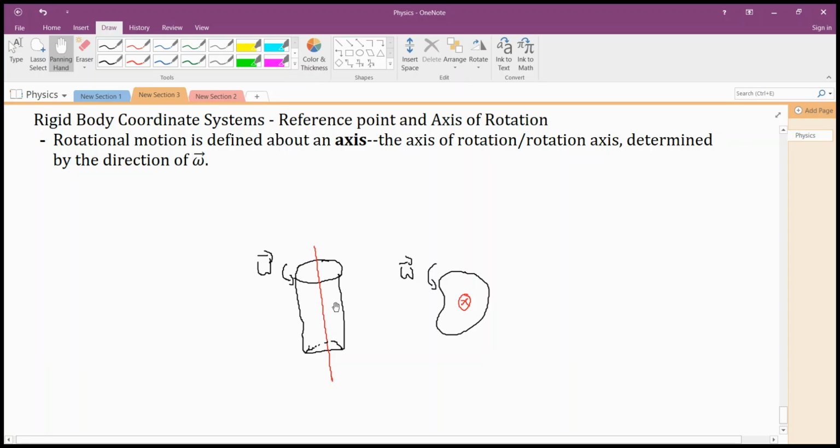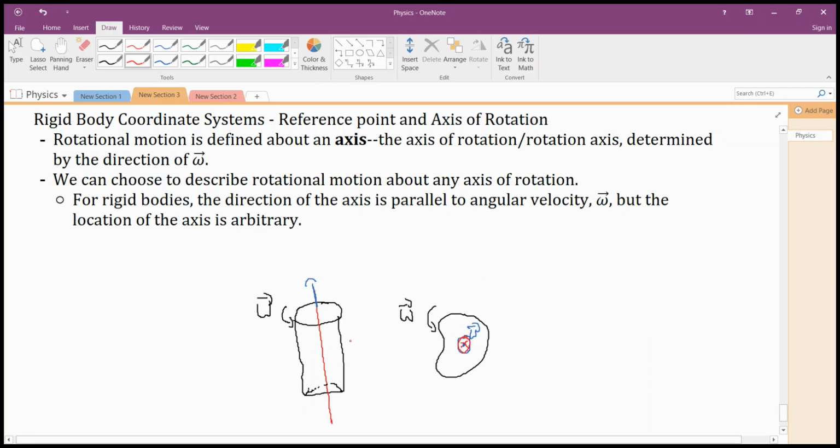So we have, for an example, a cylinder rotating about an axis of rotation, this red line here, or a general rigid body rotating about an axis of rotation that is coming out of the page and going into it. The angular velocity is pointing in these directions. Since counterclockwise rotation, angular velocity is out of the page, then it's pointing along the axis of rotation here, even though I draw it with an arrow like this to indicate that the object is rotating about this axis of